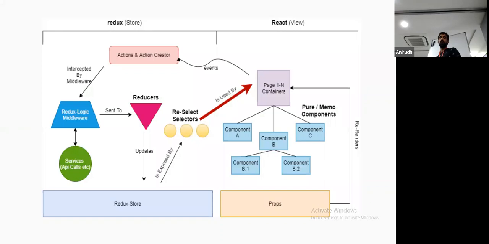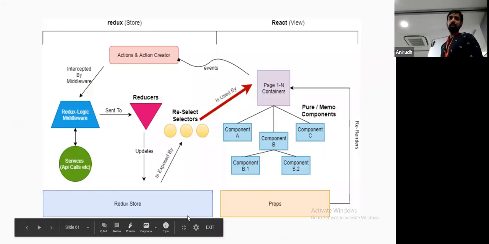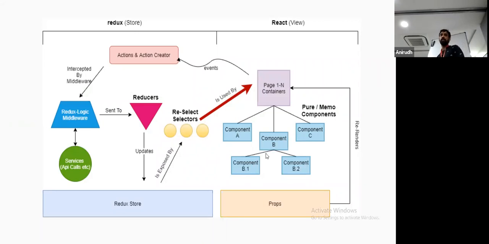Okay. So this is a basic architecture which we have followed in one of the projects here in React. So basically, what is happening? As you can see, there are pages 1 to n containers. We are following the Ducks pattern architecture in the current project. For each page, we have a separate folder, and the components related to that page you would always find inside that folder. So it's very easy to locate things if there is any new person joining your team.